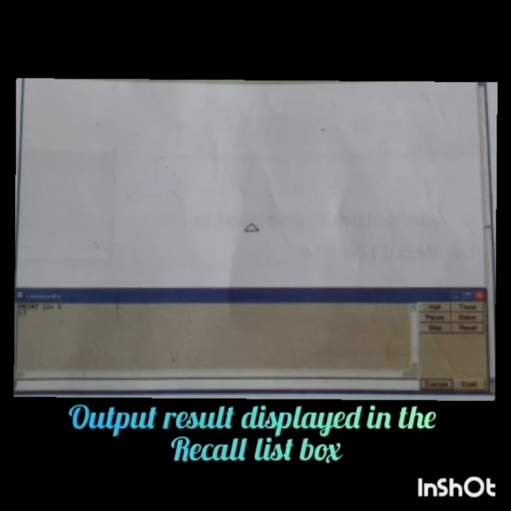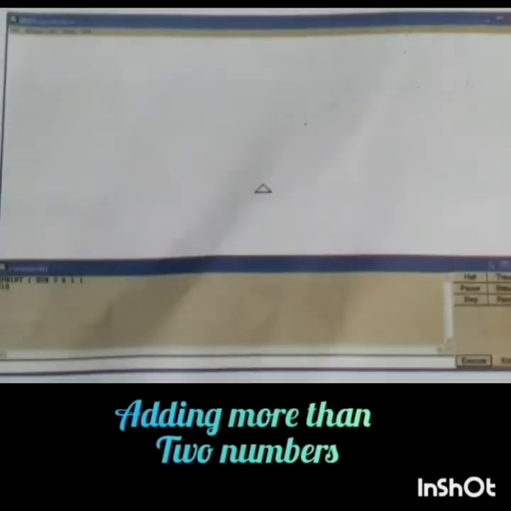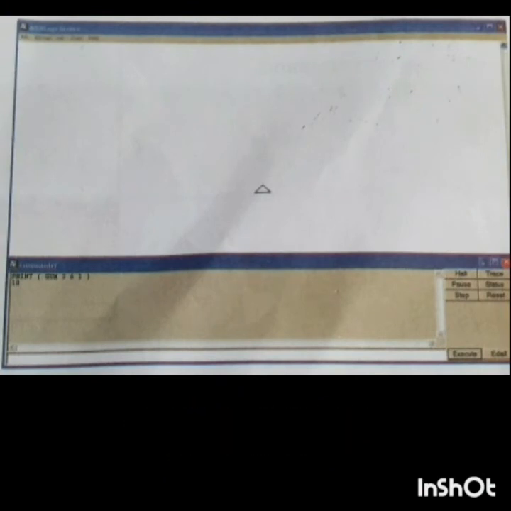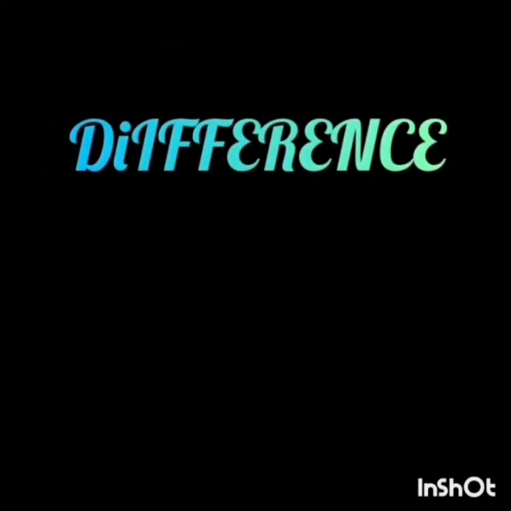The output result is displayed in the recall list box. For adding more than two numbers, you need to give the following command, print bracket sum 3, 6, 1, bracket complete.